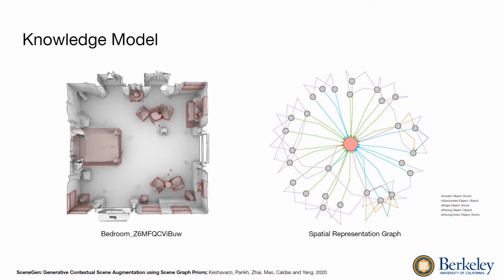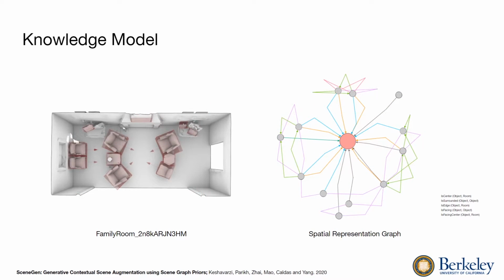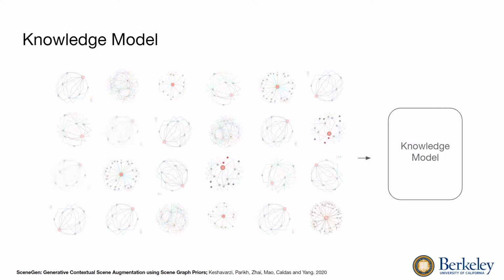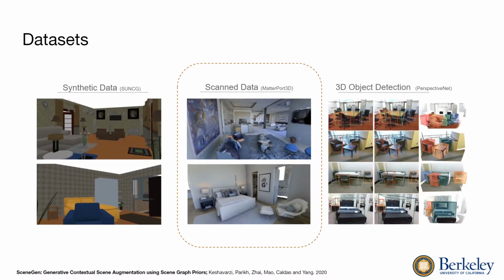So we go through our training data set in the Matterport data set, and we extract the scene graphs from it. Once we have the scene graphs from our training split, we come up with a knowledge model that basically guides our probabilistic models for understanding which layout would be the most plausible among the samples. So going back to the data set, yes, we use the Matterport 3D data set,